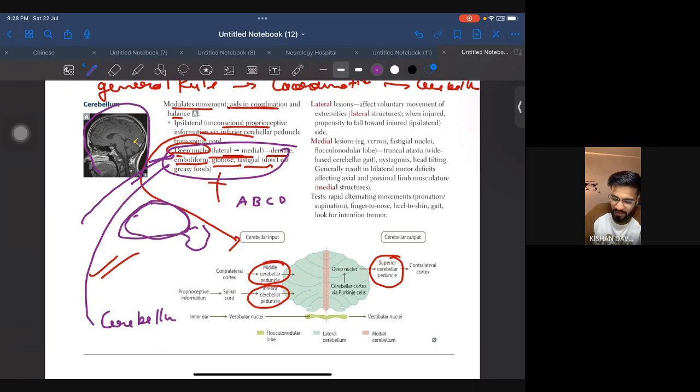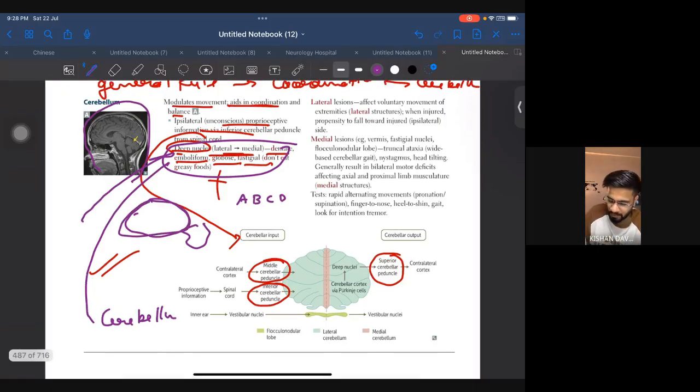Okay, if this is an anterior view of the cerebellum, they will give you A, B, C, D. Now this is the medial, this is the lateral. So laterally there is the dentate, medially there is the fastigial. They will ask you about dentate and fastigial only. They will ask there is a problem in one of the deep nuclei on the lateral part of the cerebellum or on the medial part. This is how you will select your answer. Sometimes if it is not dentate, the second answer will be emboliform. So just remember this order, lateral to medial. Another point,